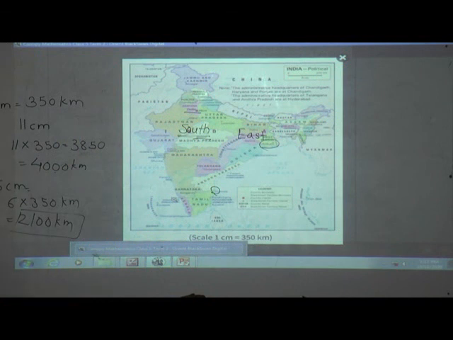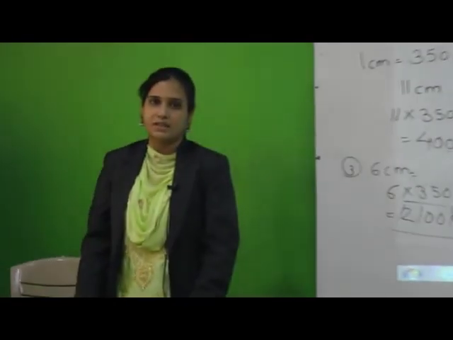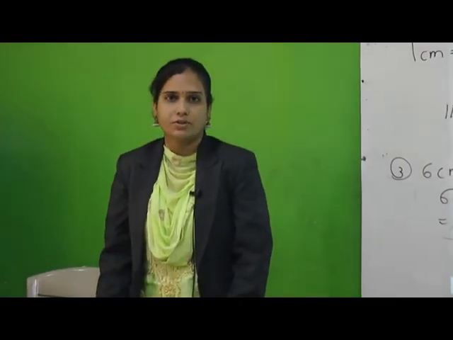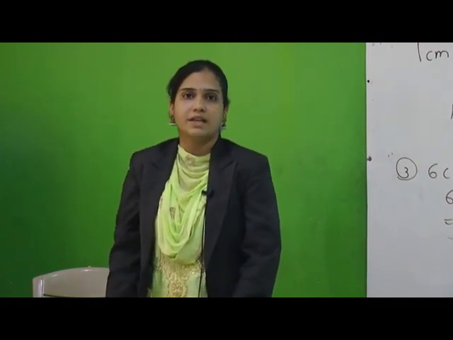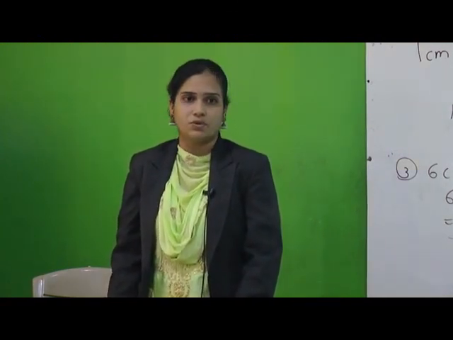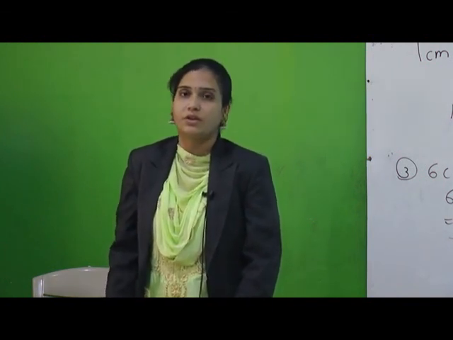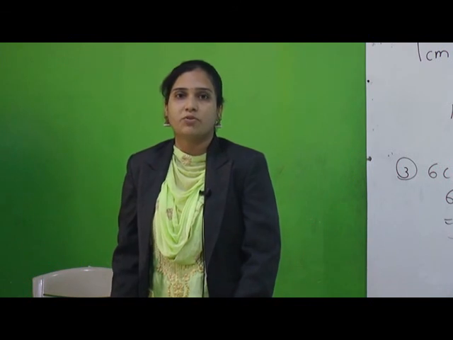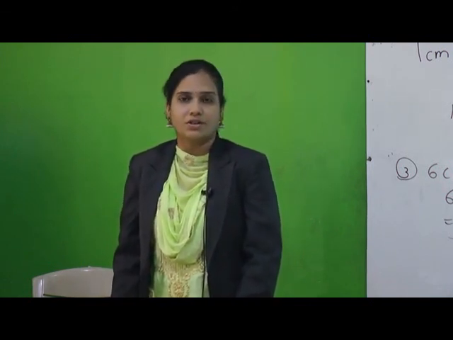So students, today we have completed our lesson number 6. So all of you understood what is meant by symmetry, what is meant by patterns, nets, and how to read the map also. So students, on page number 202 they have given the map of India. So you can use it for solving the questions and answers.